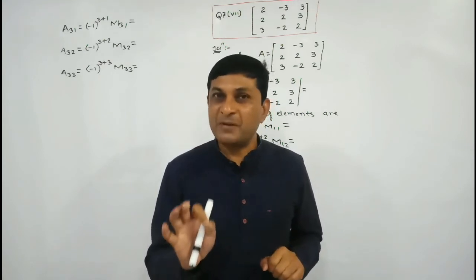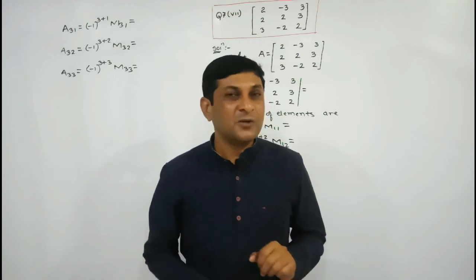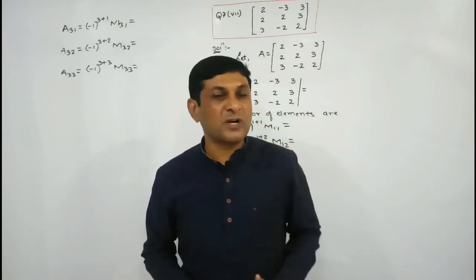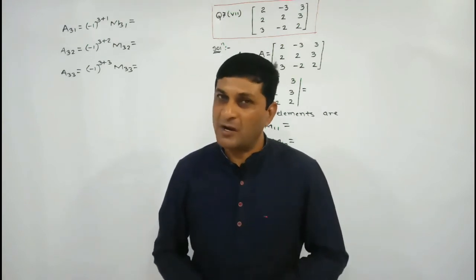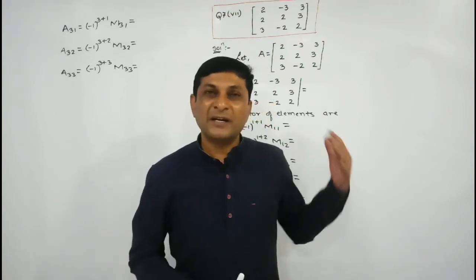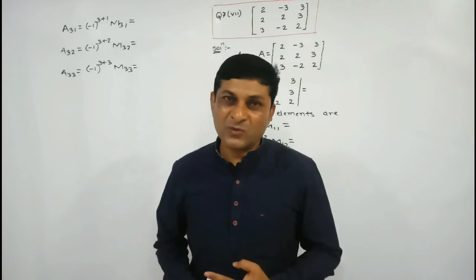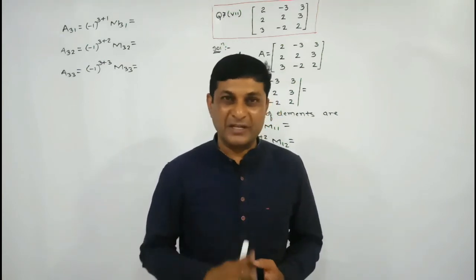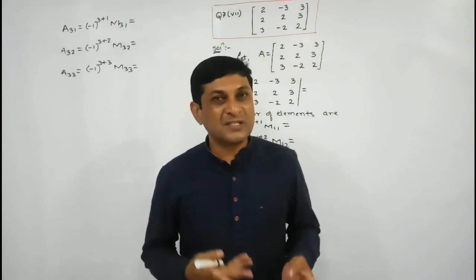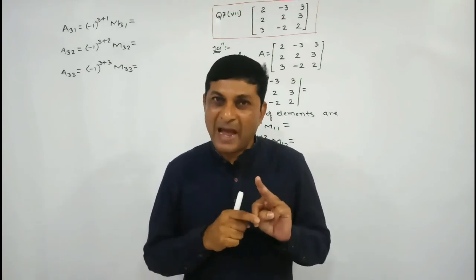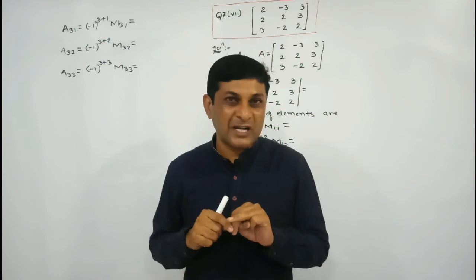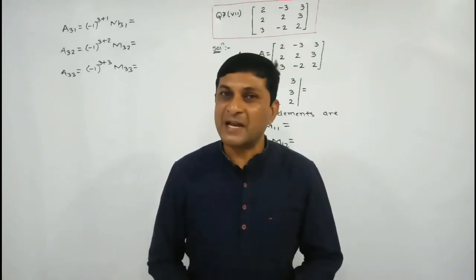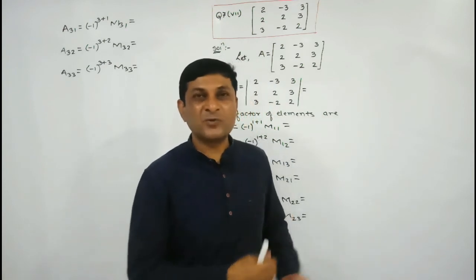If you observe the last video, in total 6 examples are there. In every example, the matrix is of order 2 by 2. 2 examples we solved applying adjoint, 2 examples applying row transformation, and 2 examples applying column transformation. So now the remaining 4 examples from this question contain a matrix of order 3 by 3. Here also we will use the same methods. One example we will solve by the adjoint method, second by row transformation, third by column transformation, and one example I will leave as a practice for you. So let us try to solve this example.